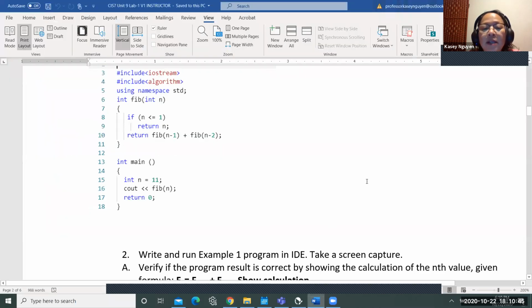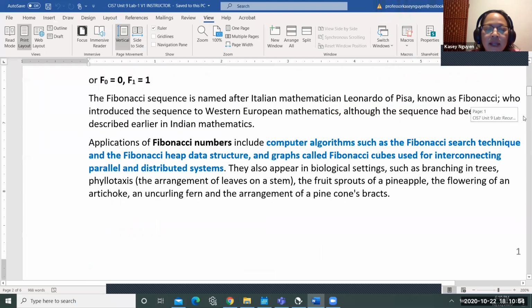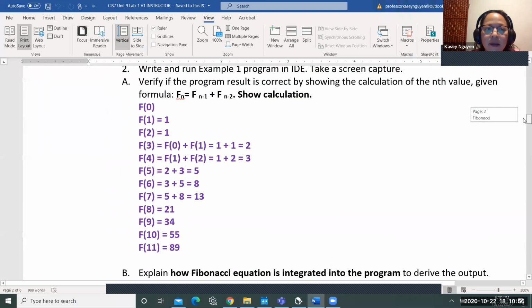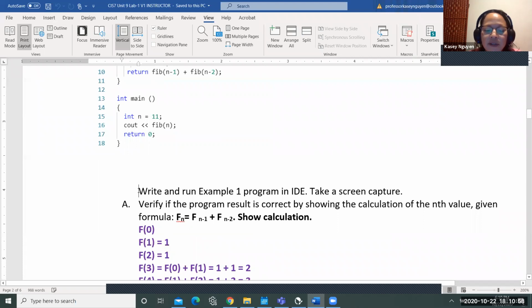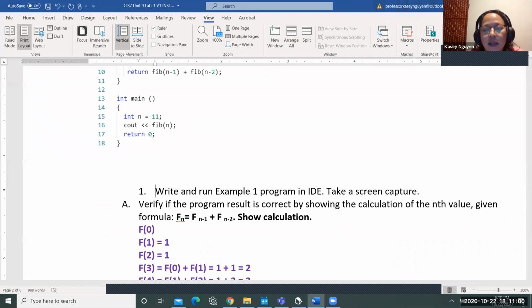Okay, so I wanted to begin with a very simple program. And in exercise 1, sorry if I mislabeled that on yours, what we want to do is run the example program after we put it in our IDE or our text editor, and then run it. You take a screen capture.